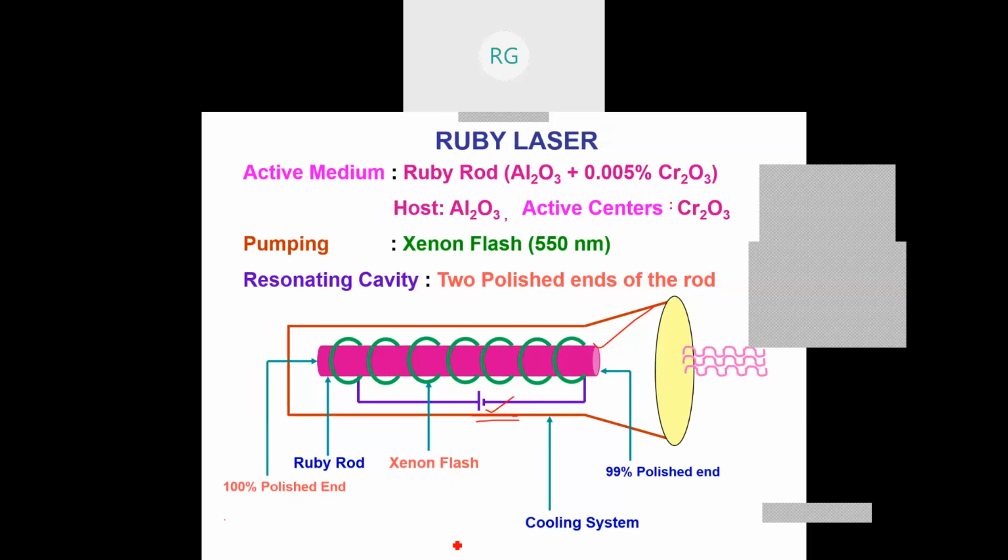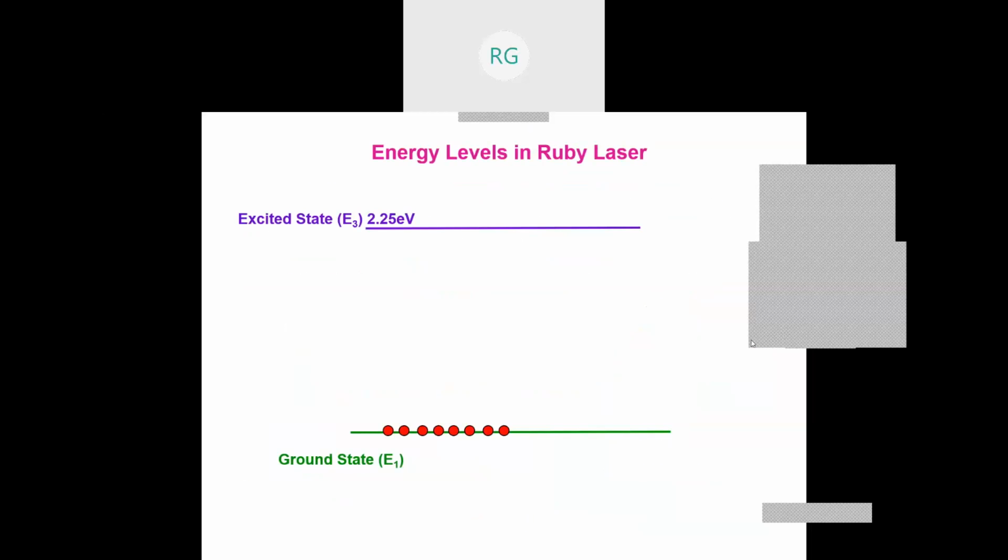But this construction is not sufficient to explain the lasing action of a ruby laser. The lasing action is explained with the help of an energy level diagram. So the energy level diagram is this. I have a ground state E1 and we have an excited state E3. But E3 is not a metastable state, therefore its lifetime is low. There we require a metastable state. To get the population inversion, I have to use the external source, but I do require here a metastable state.